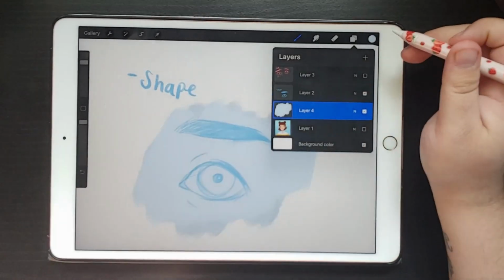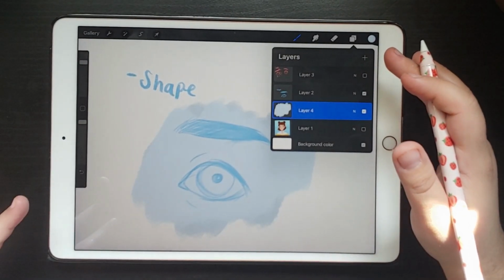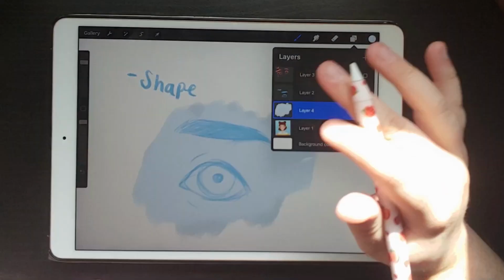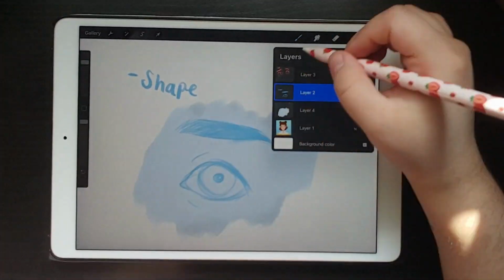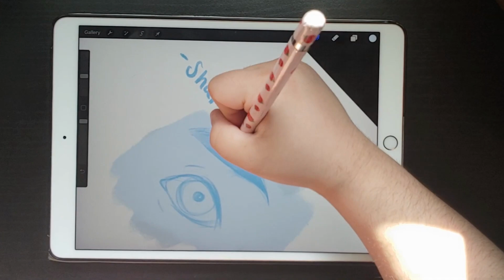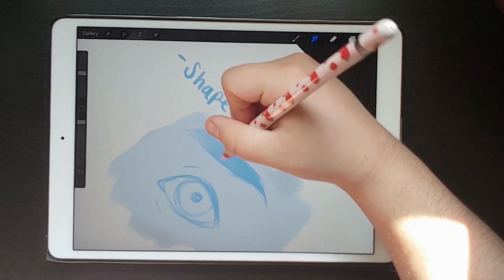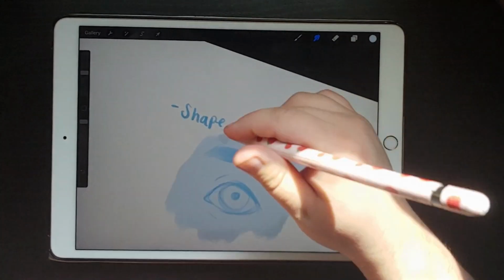Once I've got all of my shading down and have finished painting everything that I am going to paint, I will merge this layer on top of that, but I'm not going to merge it yet because I've got other stuff to do with this eyeball. But yeah, so I would merge it down, and then I'll take the smudge tool and I will blend out this bit, make it a little bit bigger. I'll blend it out so that it looks a little bit more faded, a little bit more painterly,